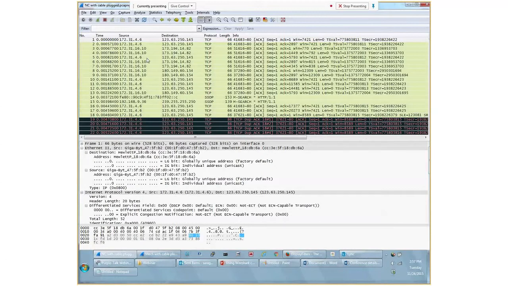So we'll go to the filters here. On the top you have a field which states filter, and for example, if you're looking for Ethernet, let's say I just copy this.